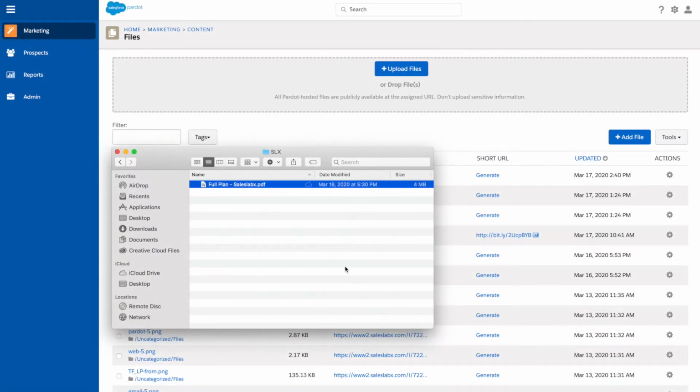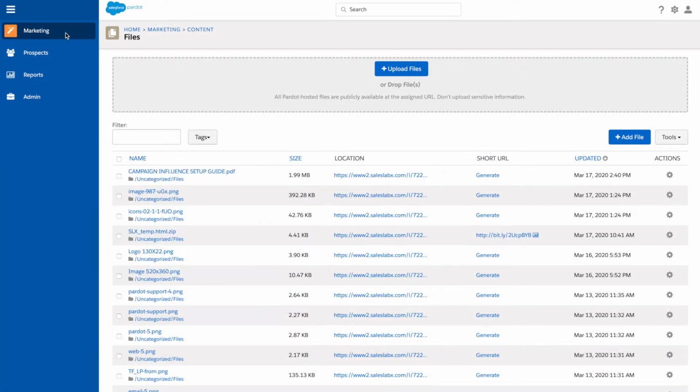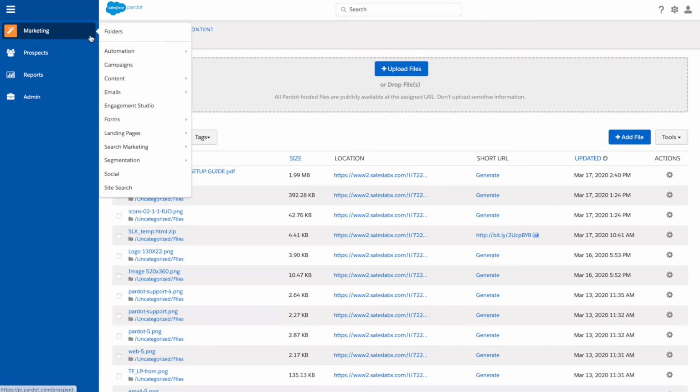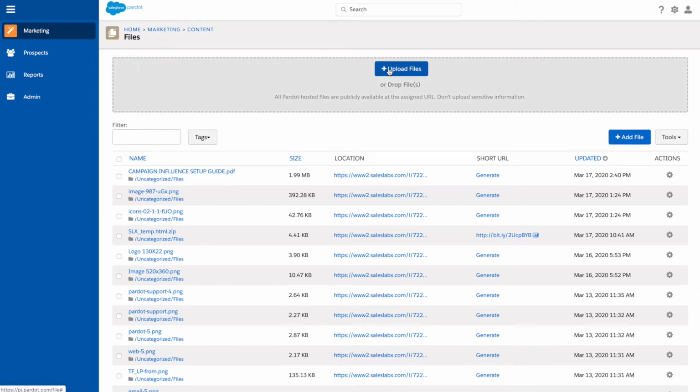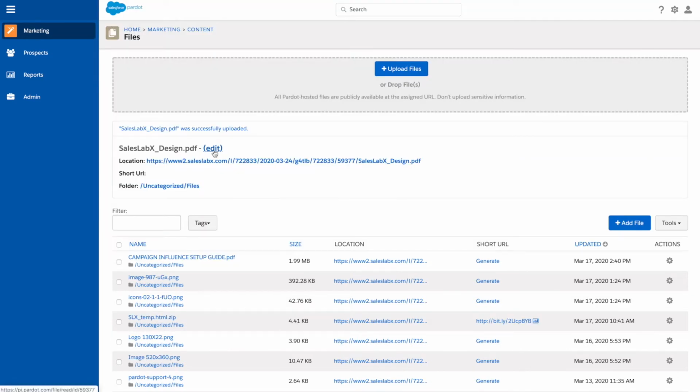To upload a file to Pardot, go to Marketing, Content, Files, and then click Upload. Once your file is uploaded,